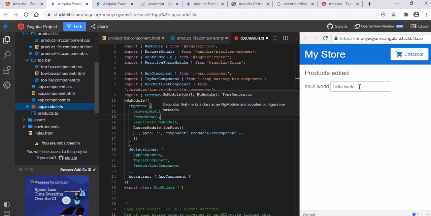Now if I see, the two-way binding should work.